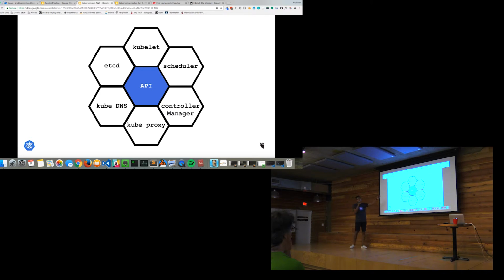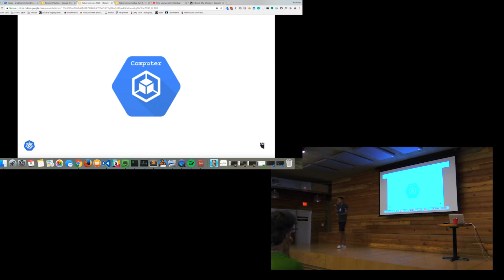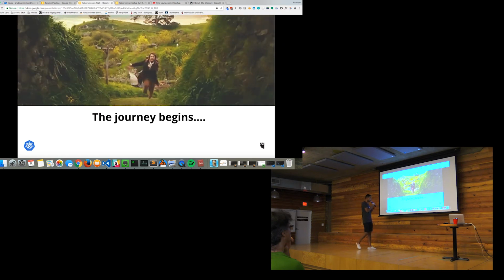Then you have the only stateful component in this whole thing, which is etcd, which stores all the distributed system state inside and keeps it safe. And then your runtime. This could be Docker, Rocket, or so on. But I feel like runtime is actually a really small part of the whole thing. It disappears once we start using it a little bit more. The more you use Kubernetes, it just feels like a computer, which is nice. And the more you forget about all the crazy architecture stuff and the internals that are happening in the background. You use all the primitives that Kubernetes has to offer, the pod primitives and so on. And it's really nice. And that's one of the reasons why we started using it.